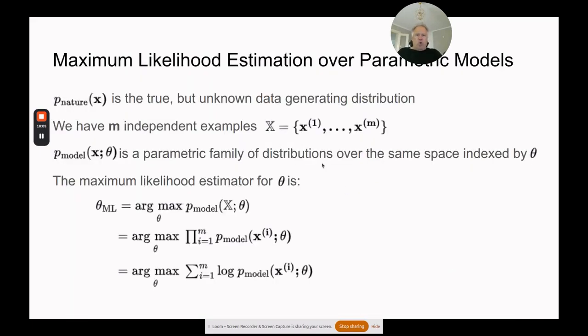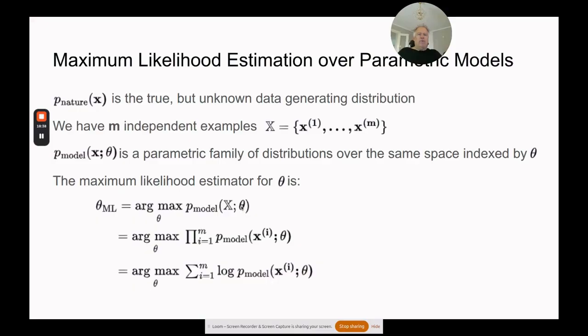Okay, so this is it more formally. This is basically saying, we've got the probability of nature. This is what nature's kicking out. And then we have all these independent examples coming in. And the question is, what do we want? We want to find a max, and the reason why it's max is because we got rid of the minus. So these are all the negative territory when it comes to